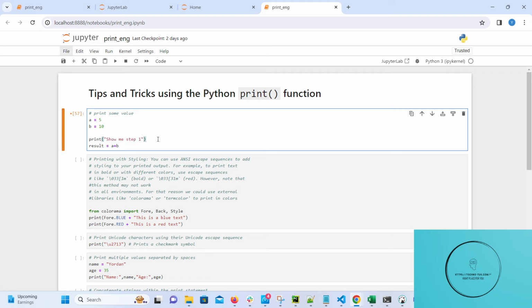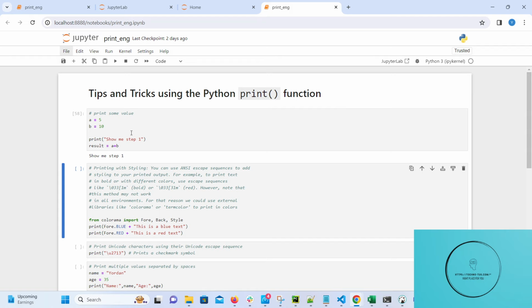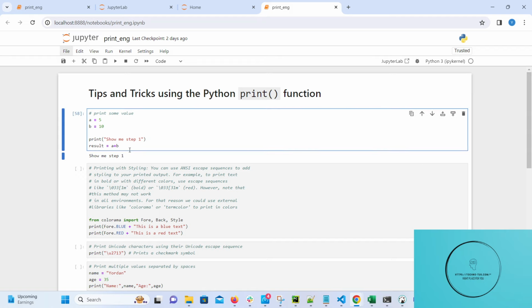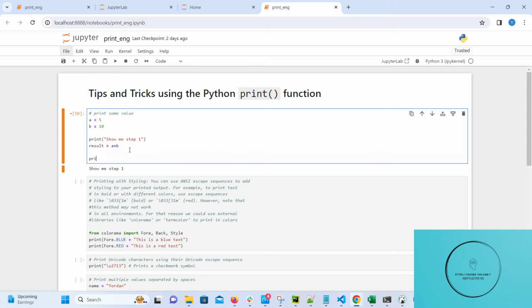For that reason, I will print here "step 1". If step 1, which is to set up our parameters, is done, I will see this message, see. And the second print will just print our result parameter.